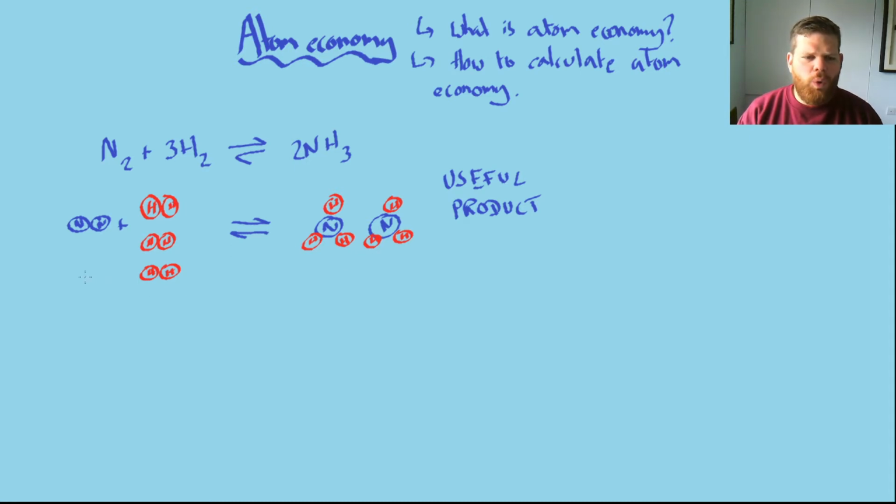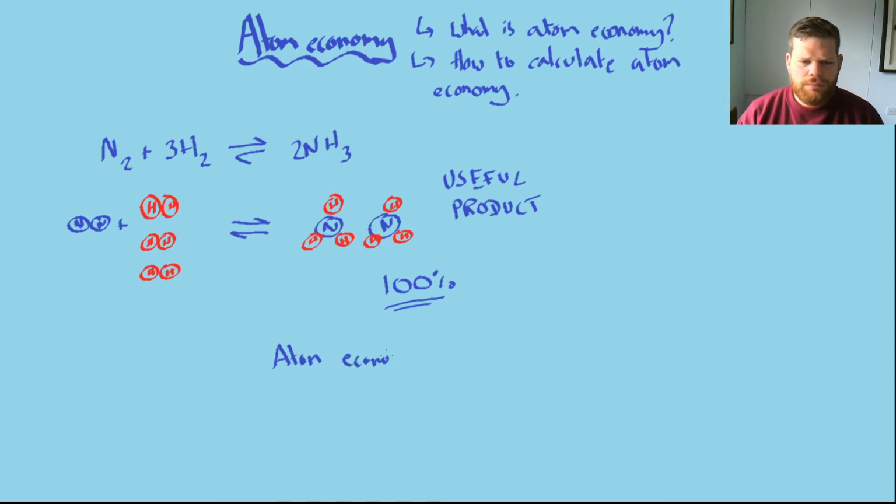We can see that all of the atoms on the left-hand side are used in making the products on the right-hand side. Without doing any calculation whatsoever, because I know that all of the atoms in the reactants are used in the product, this reaction has an atom economy of 100%. Now, where does the calculation fit in? The calculation fits in, and I can talk about it now with this 100% to prove to you it's 100%, is that the atom economy